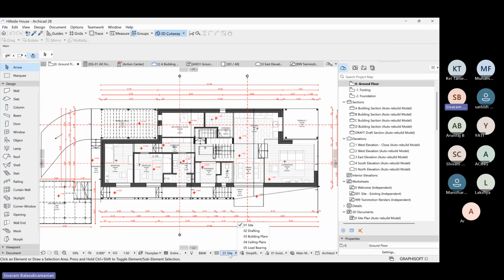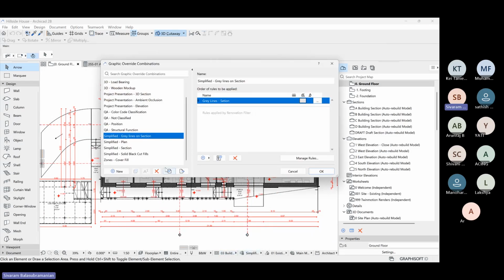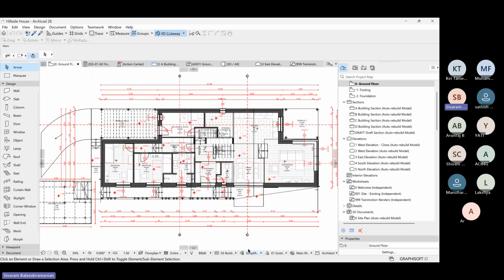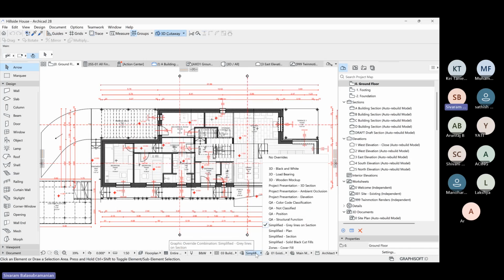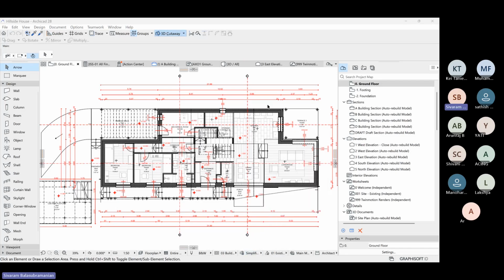And then next I have graphical overrides. So graphical override again is to create or is basically to override the settings that we have applied throughout all the design elements. For example, there are certain graphical overrides made. If I choose or jump between these graphical overrides,